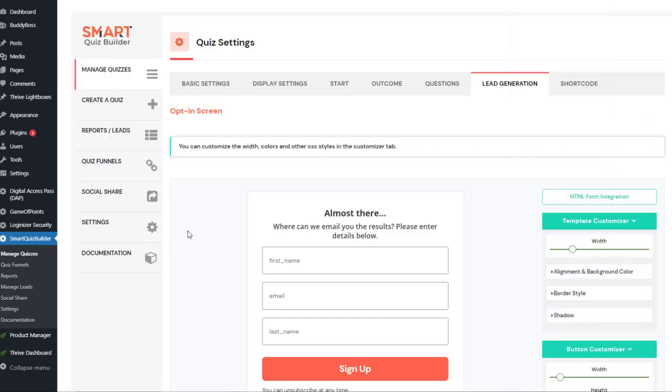And the other thing we'll be adding support for is custom fields. So you will be able to collect additional information. You can add custom fields in SQB, collect those fields on the opt-in form. So when users opt in, all that information will be available in SQB, and you will also be able to map it to your email platform. So when users opt in, SQB will also send that information to your platform. So all of that is coming soon.